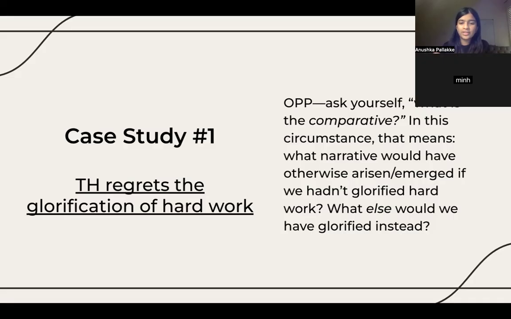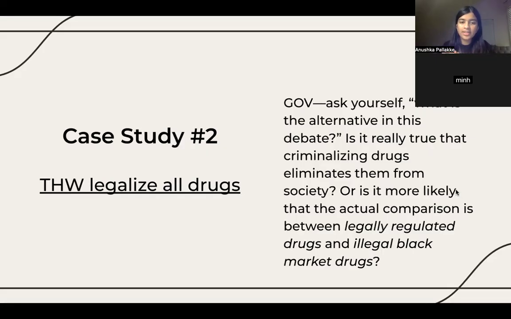So notice how not only did this comparative show why their world is really bad in terms of negative consequences taken, it also shows how our world would be better because we're preventative of these negative actions. But yeah. Okay. We can do another case study. We can do this house would legalize all drugs, and then again you can do the same thing.